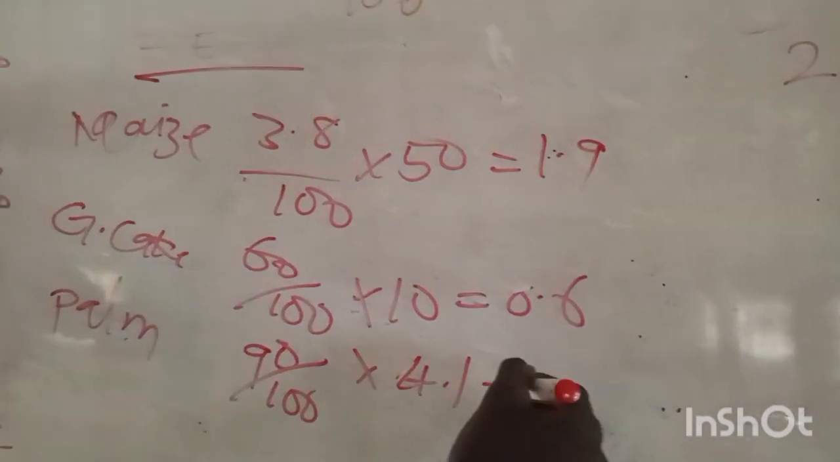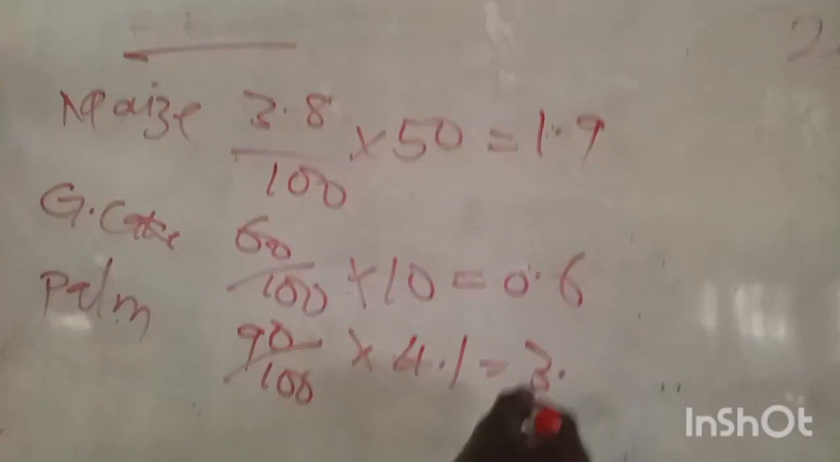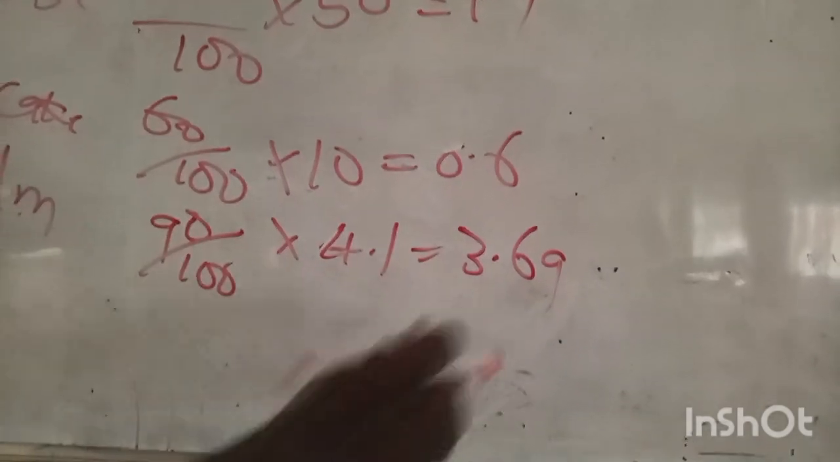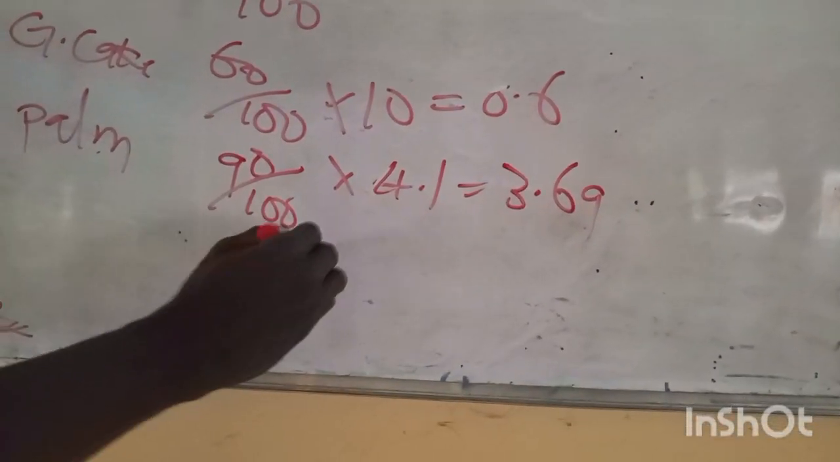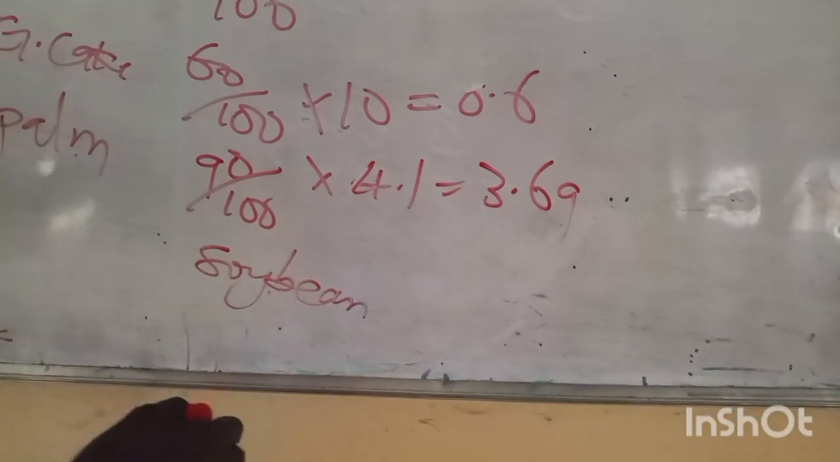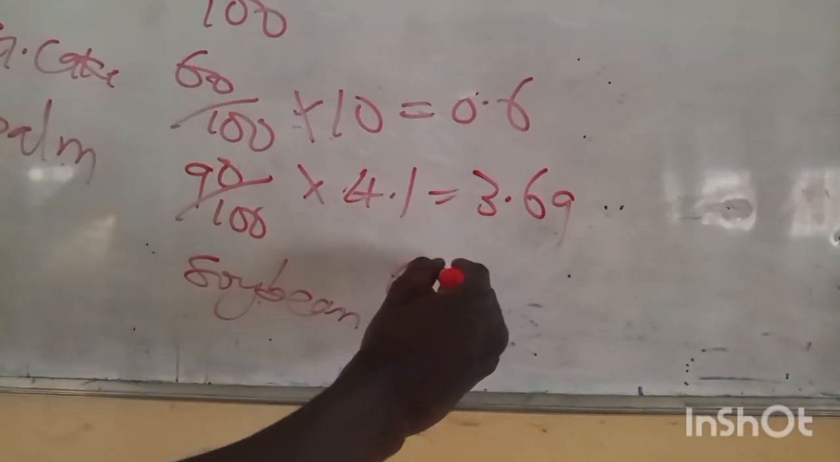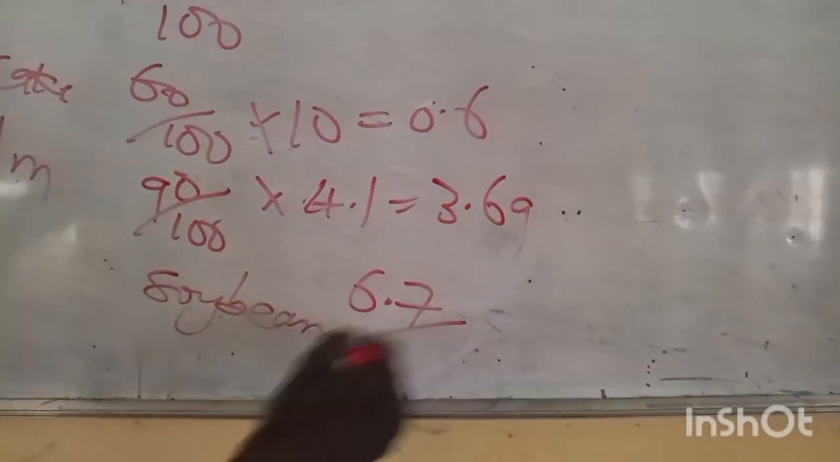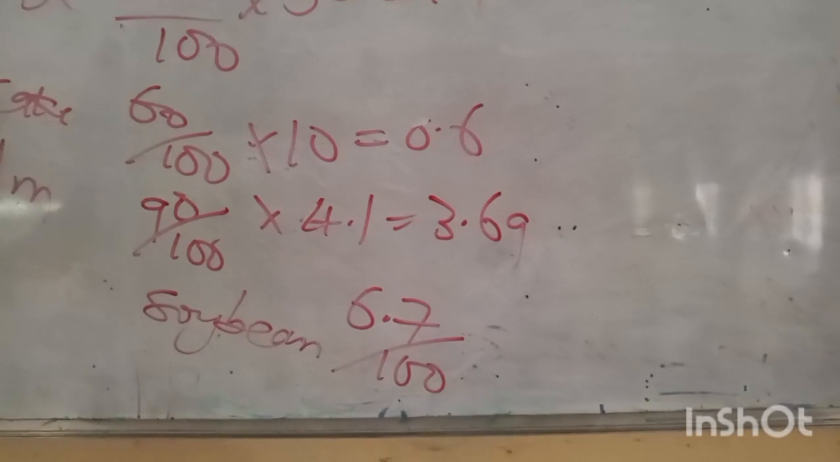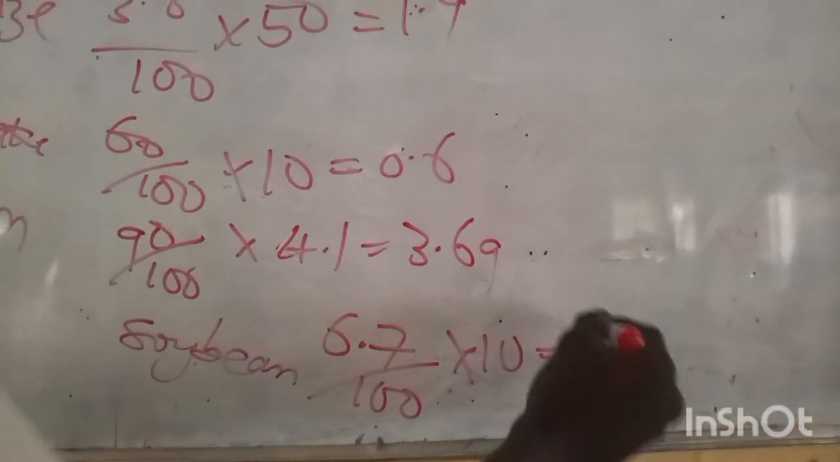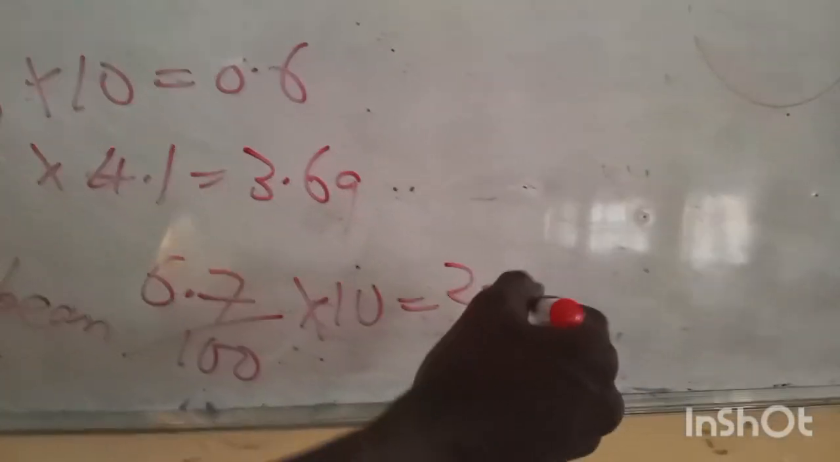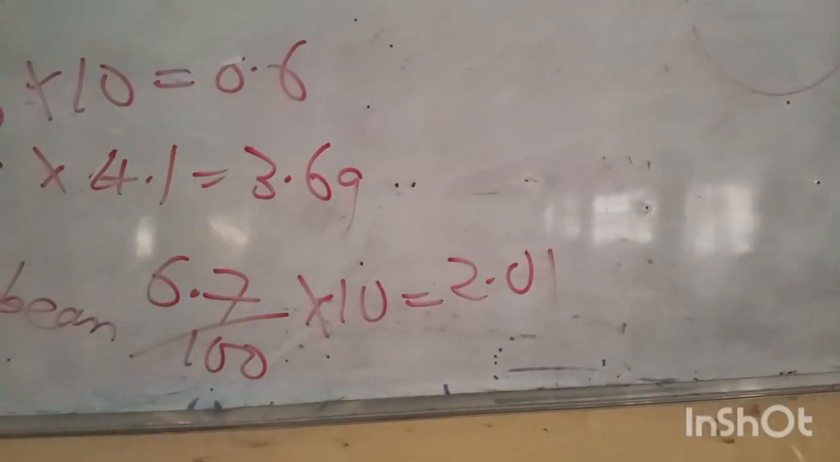Now, so we have 3.69. Can you imagine? So come down to soybean. Soybean is 6.7 divided by 100 times 10, equal to 2.01. Now, if you put everything together here,